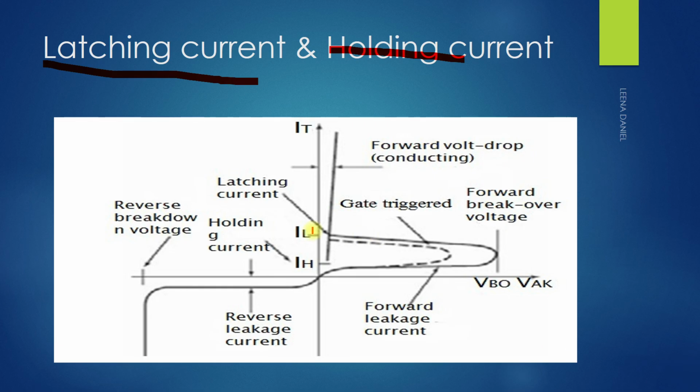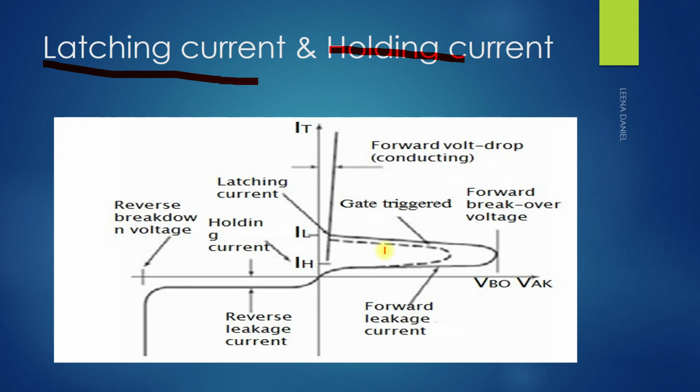and this current is required after the gate signal is removed. It is a property of the thyristor that if we apply the gate current, the thyristor will turn on, and after a particular time, when the thyristor has gone from off state to on state, if we remove the gate signal, the thyristor will not turn off, because after the conduction mode, the gate loses its control. If we remove the gate signal, the thyristor will continue in the on state. So this is the latching current.